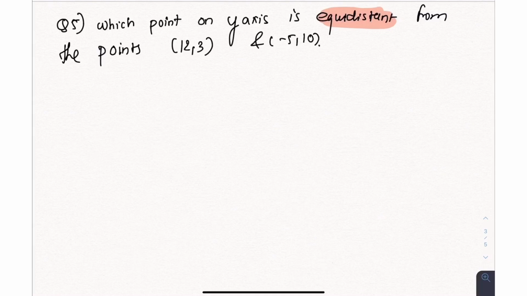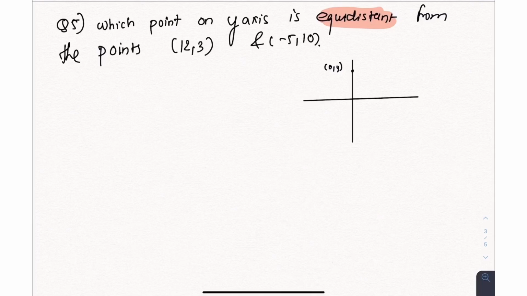y-axis. See, this is for your reference, because we don't know whether the point which lies on the y-axis is positive or negative. Okay, so this is just for our reference. What I'm doing is, suppose that point is (0, y). I hope now this part is clear. Since your point lies on the y-axis, your x coordinate will be 0 in this case.